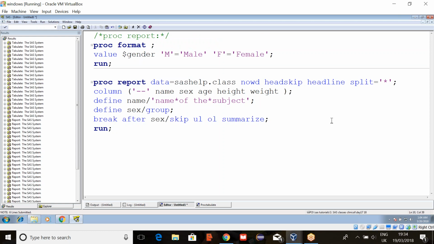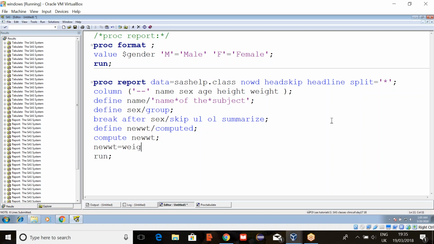Now let's see how to create new variables. We can create a numeric variable and also a character variable. So here first define, let's create a new variable called new weight. So variable name new weight slash computed. We can use the compute option in different ways. The first way is like this, computed, and then compute new weight. So here new weight equals to